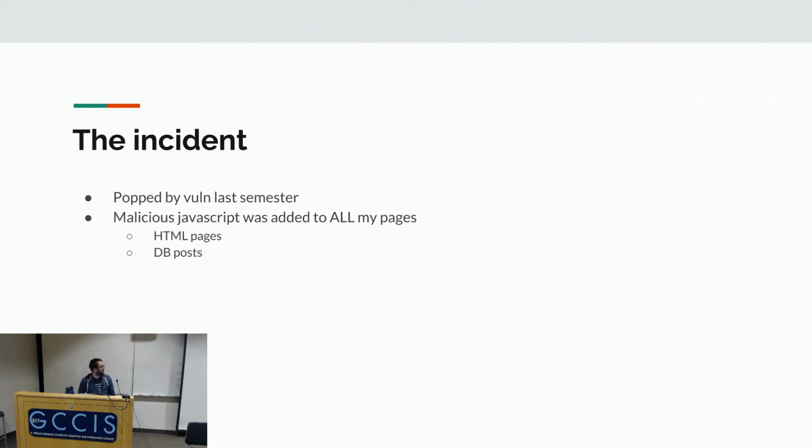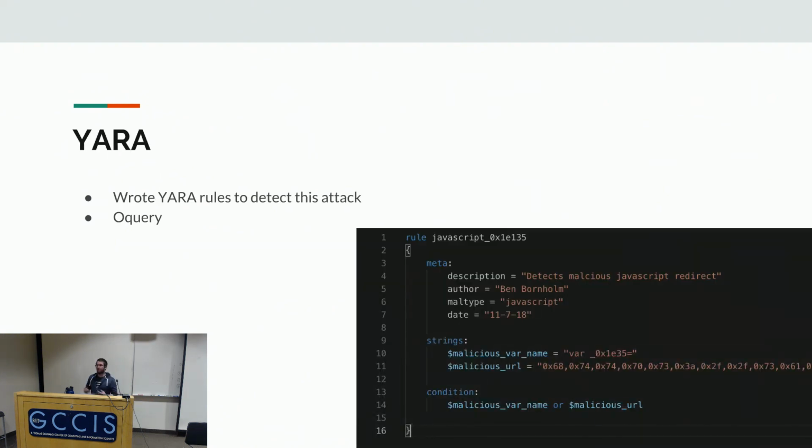or doing certain things. So when I finally went through and did my actual incident response, I created a YARA rule that allowed me to say, here's what the malware looks like, and if it happens again, here are the signatures for it, and make me a notification. So I was able to do that.